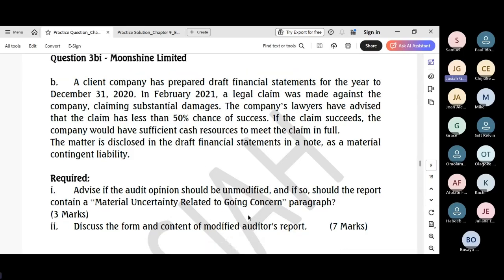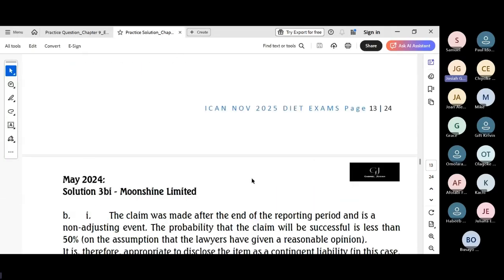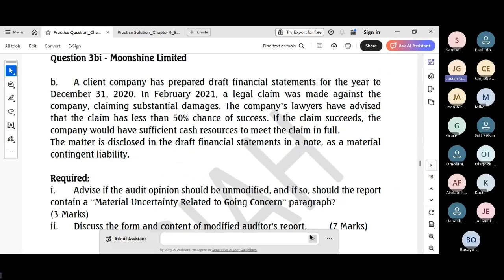All right, short question, but it has links to audit evaluation and review and to reporting, chapter 14. But then it resonates practically with evaluation and review. So when we come to chapter 14, we just cap and solidify our understanding of both reporting and recognizing issues after year end based on the evaluation and review. So take note of that to look at reporting and the form and content of modified opinion, unmodified opinion, and all that in chapter 14. But then we need to look at it in this chapter because this question practically tests the understanding of both evaluation and review and reporting.